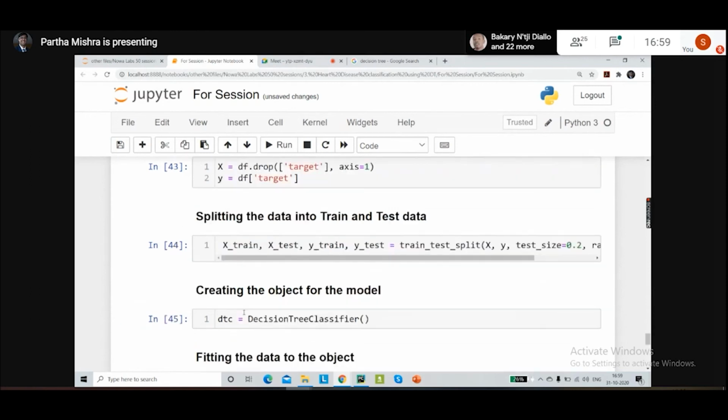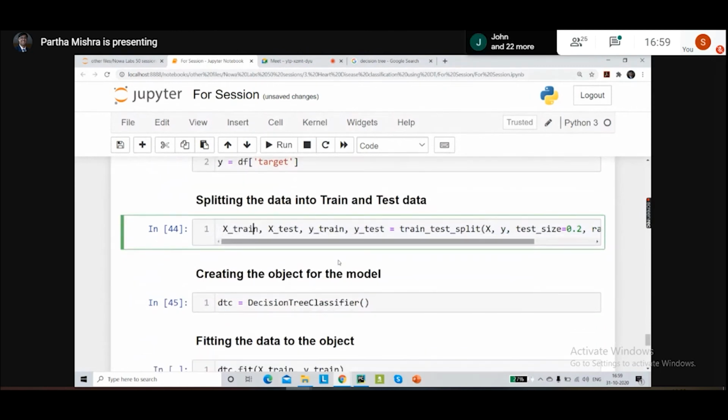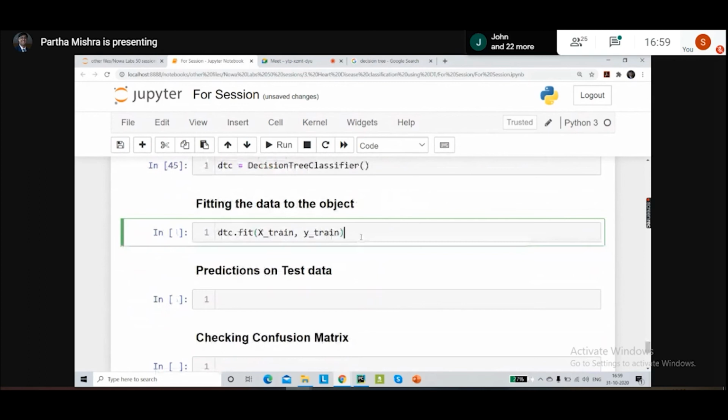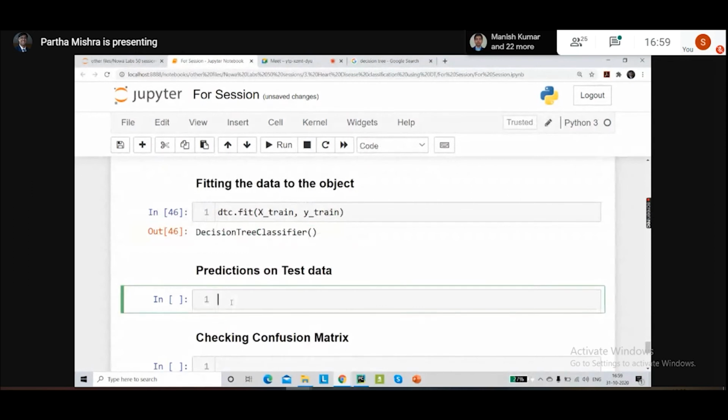We built this train and test data here: X train, Y train, X test, Y test. So we're going to use the train information here, X train and Y train. Once we run this, the model is fitted with our training data.